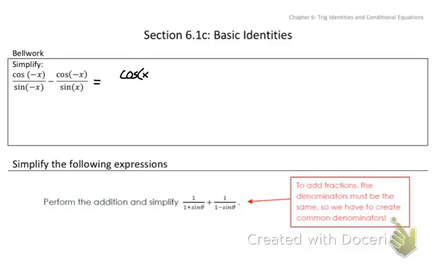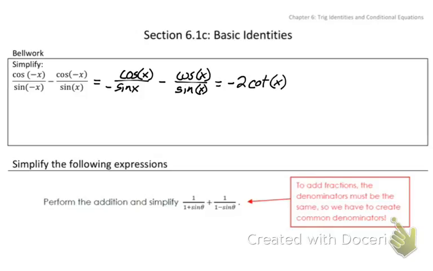So this just becomes cosine of x. For sine, the negative comes out front, so we have negative sine x minus cosine of x. There is no negative in this one, so it just stays sine of x. So we really have a negative minus a negative, so it'll be negative 2 something. Well, cosine over sine, that's going to be cotangent. So negative cotangent minus cotangent is going to be negative 2